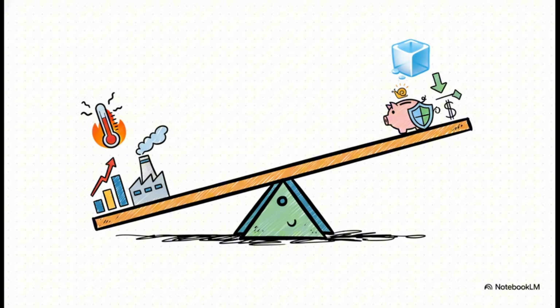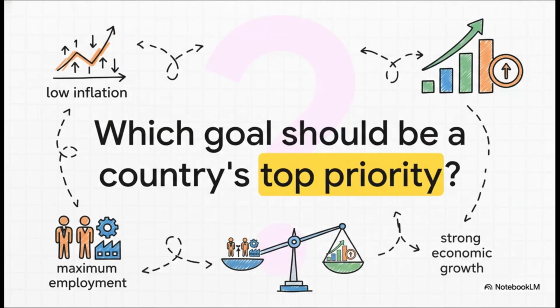On the flip side, if you want to fight high inflation, you often have to slam on the brakes, slowing the economy down, which can lead to lower growth and, you guessed it, higher unemployment. It is a constant, difficult balancing act. And that leaves us with the million-dollar question that every government, every central bank has to wrestle with every single day. When you can't have it all at once, what do you choose? Do you prioritize keeping prices stable, even if it costs some jobs? Or do you go for maximum employment, even if it risks higher inflation? There are no easy answers here. And that constant, messy, and incredibly important search for balance, well, that's what macroeconomics is all about.